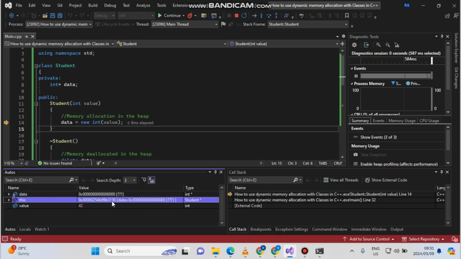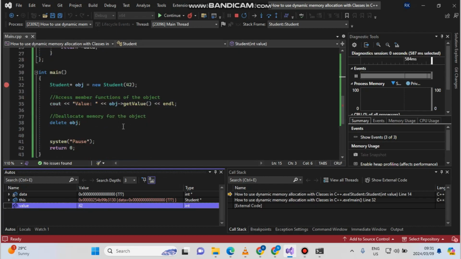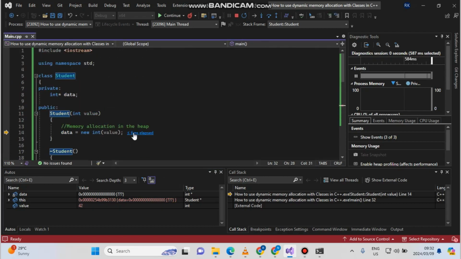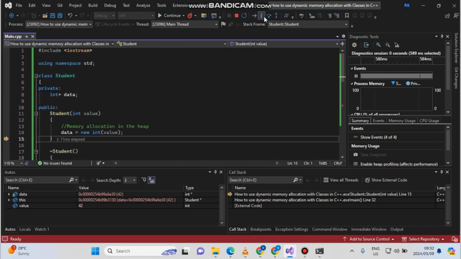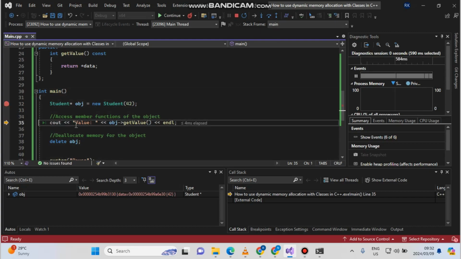The value stored is based on the sequence of operations from the student constructor of type int, as you can see here, and the value that is stored there will be 42. Why? Because in the main function we declared a value for the 2 here. If you step into again, this goes out and jumps to the main function again. If you step into again, it jumps to line 35,